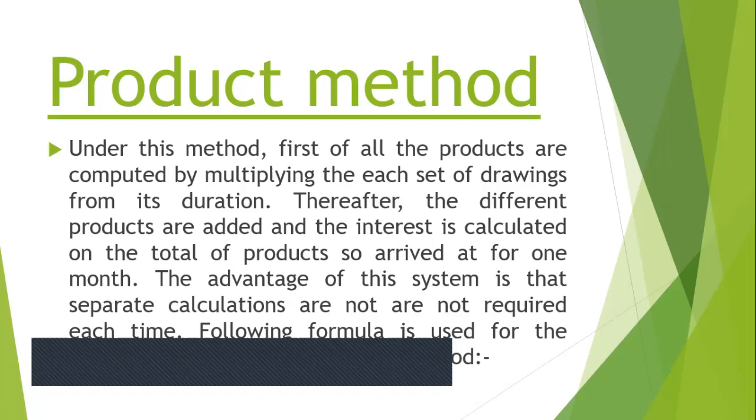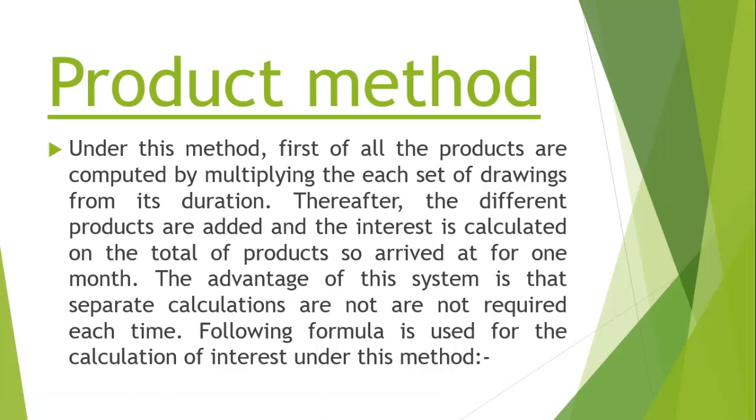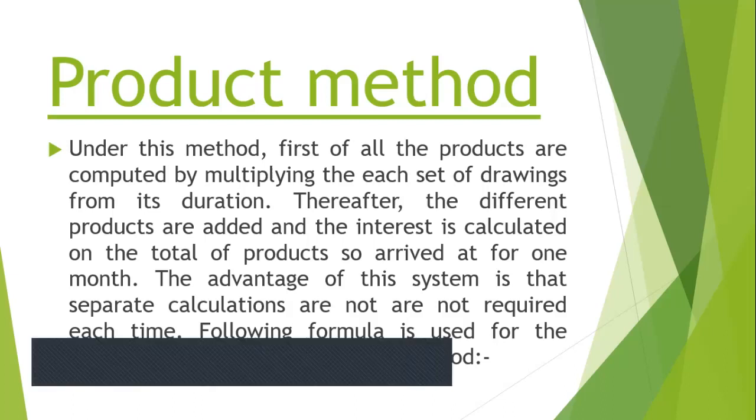First, different sets of drawing we put in a single column, and the amount in another column, and then we calculate the duration from the date of drawing to the closing date. We calculate on fingers or whatever method you use. So duration we calculate, duration may be in months or in days. Then duration is to be multiplied by the amount of drawing of each set, and different sets of drawing have different products, and then at last we add the total product, and then we calculate the interest at one time by using the month of a single 1 month हम लोग use करेंगे sir. Now see how to calculate formula.